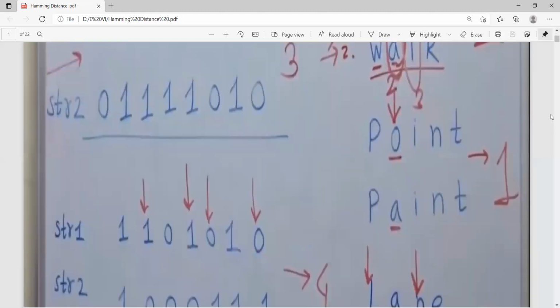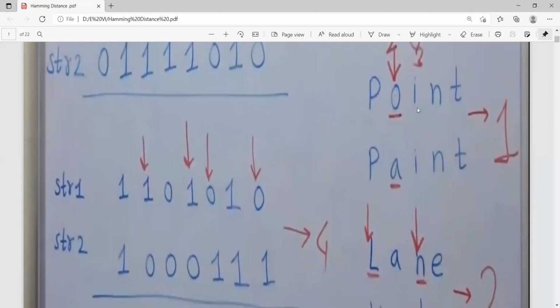In the same way, for the second example, let us assume this is POINT, and this is PAINT. Only a single mismatch. P is here, I is here, N is here, T is here. Only a single mismatch, therefore the Hamming distance is 1.